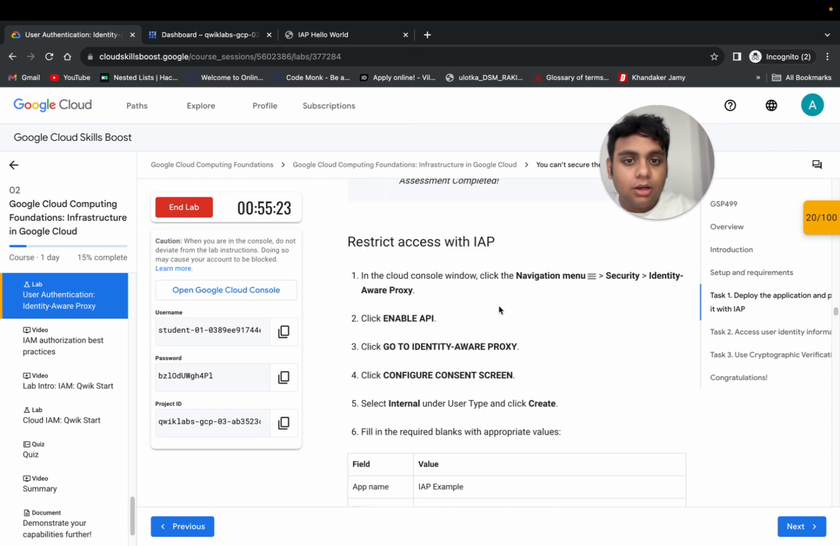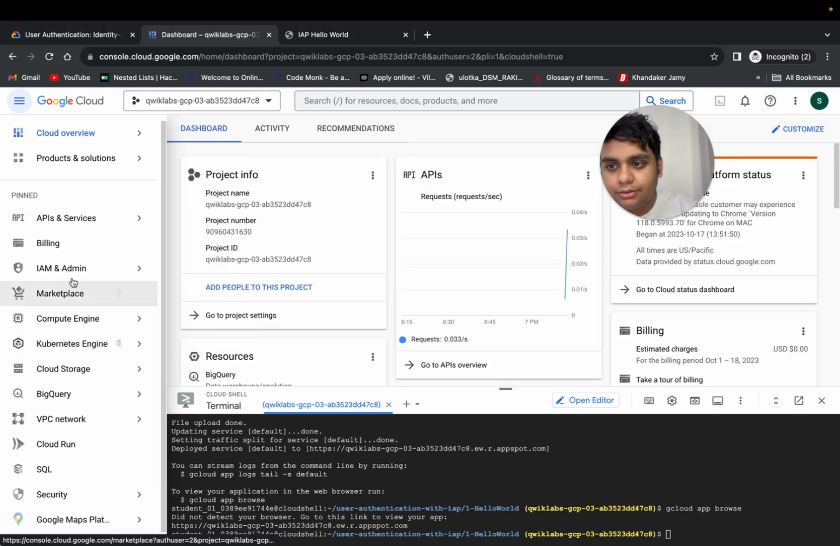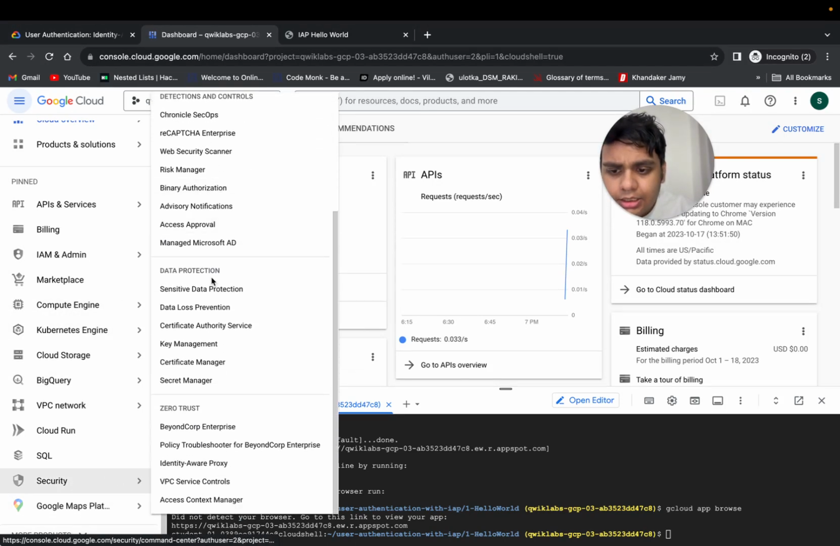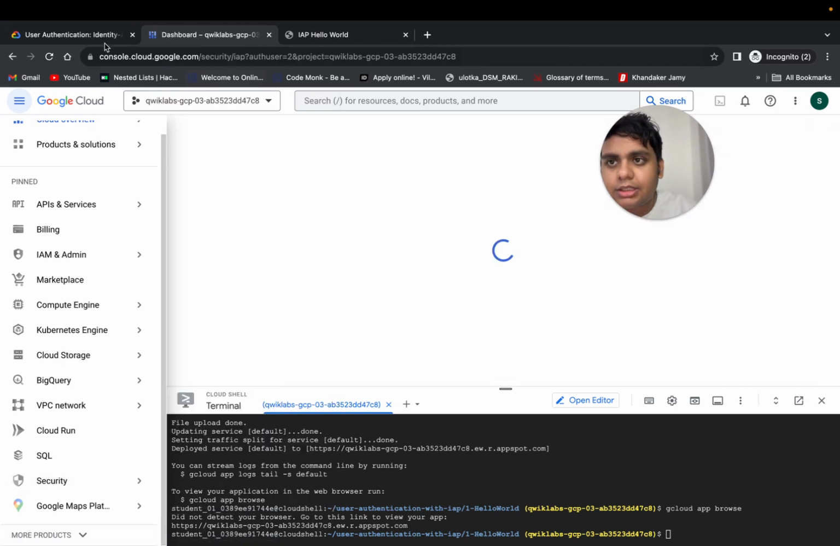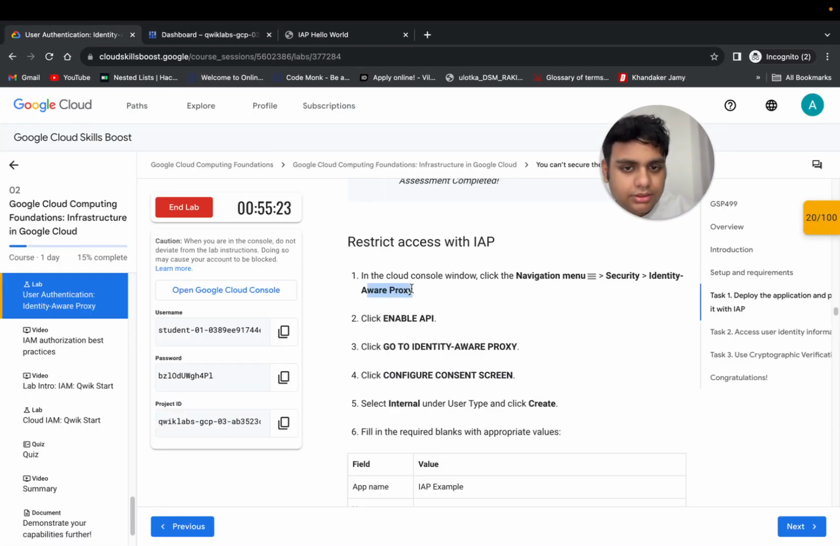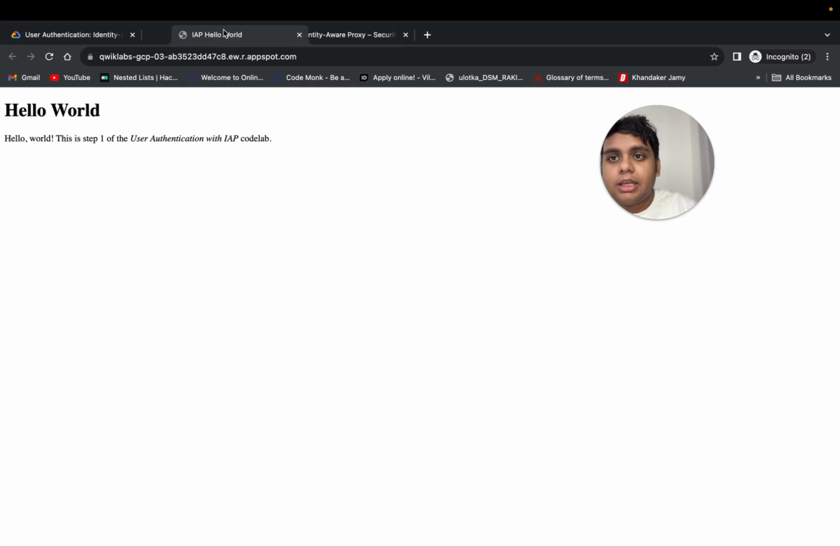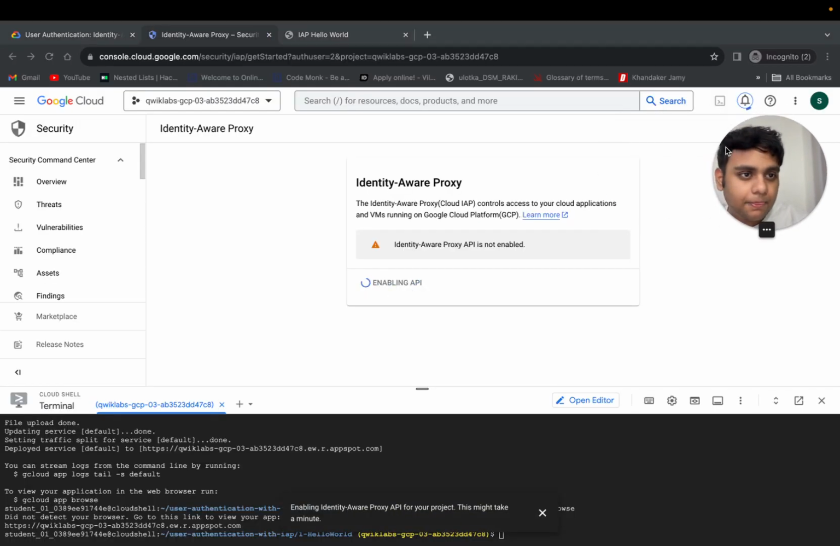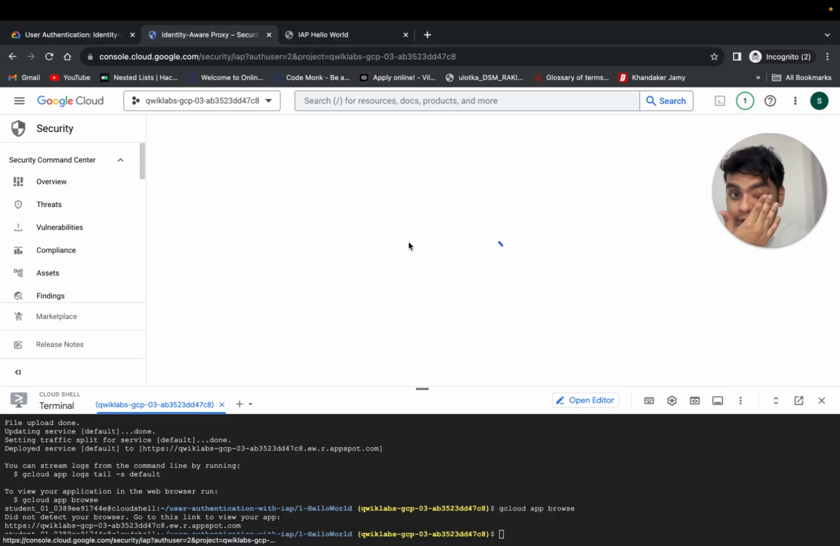it's done. Okay, now what we need to do, we need to go to security and identity. So I can't find security here. Security and identity aware proxy, I think this is what it's talking about. Yes, identity aware proxy. And then when I'm here, I'll click enable API. Let me just bring myself here. It'll take some time. Go to identity aware proxy,